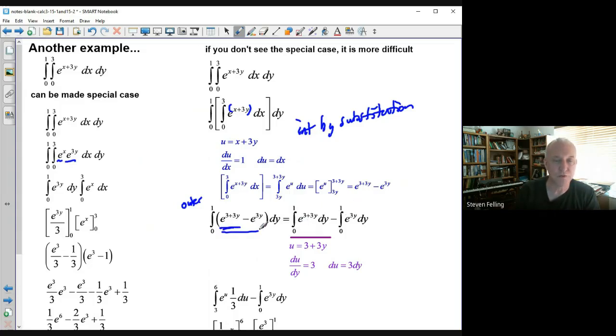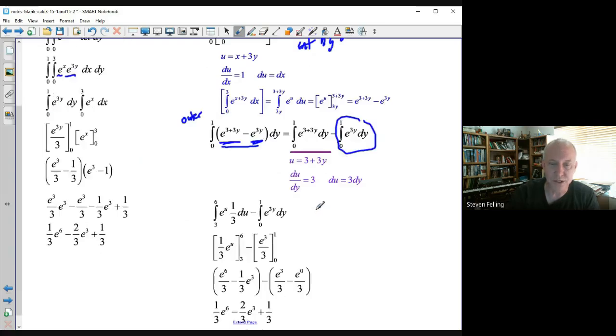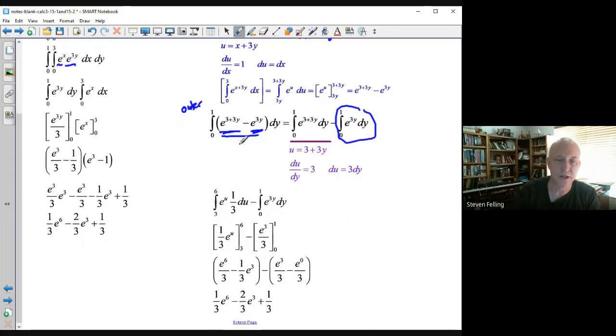You can do each individual term, if we're adding or subtracting, as a separate antiderivative. This one over here is not bad, right? But this one's going to require substitution again, because you'd have to say u is 3 plus 3y, therefore du dy is 3, so du is 3 dy. And you could substitute back in here and solve, right? You'll end up, when you change limits of integration and everything, getting this,